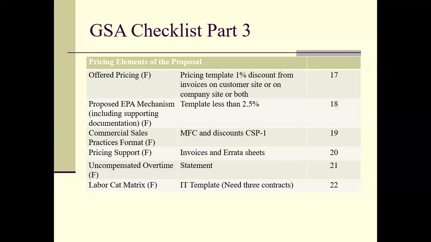And you say, okay, Greg, why 1%? What's so special about that? Well, there's a fee that you have to pay on a quarterly basis associated with having the schedule for work that you've won. And it's basically 0.75%. So to cover that fee, the discount has to be at least 1% from the most favored customer price.